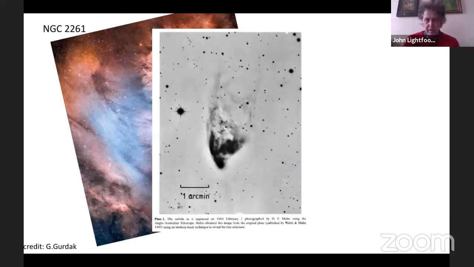This is another photograph, of primitive technology, taken at the Anglo-Australian Telescope by David Malin, who was rather good at that sort of thing, I think back in the 1970s or 80s. And he's treated it with a process called unsharp masking, which brings out the faint nebulosity. So you can see the star at the bottom here, a fan-shaped nebula, and faint nebulosity extending up to the north.